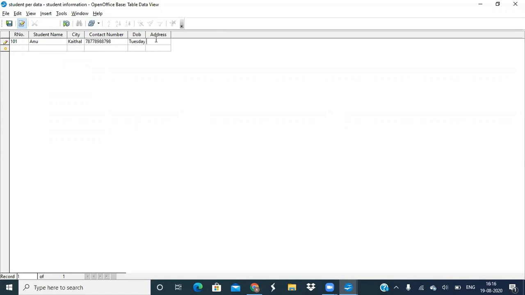Address, 614 oblique 10, hash 614 oblique 10. Now you can see our date is not clearly visible, so we can drag the field and now it is properly visible to you.